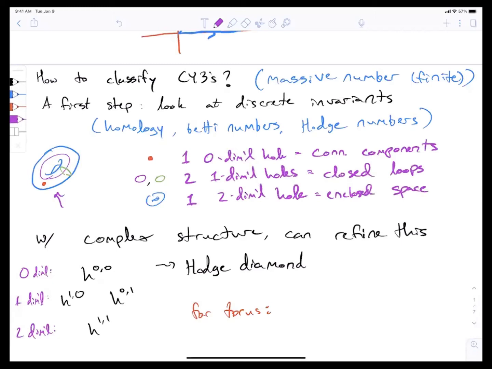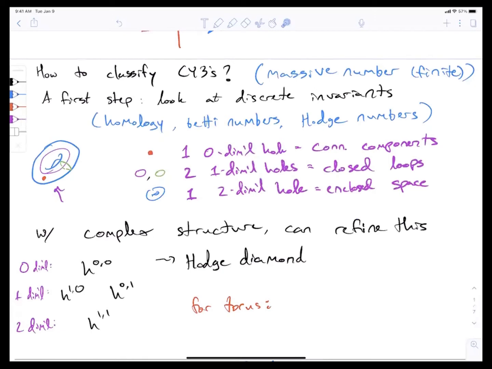Okay, and so I've got these numbers, 1, 2, 1, which is telling me something about the shape of my space. I'm gonna refine this, make it just a little more fancy, using the complex structure. So if you take into account the fact that this torus is a complex manifold, you can group these numbers in a fancier way, and this is called Hodge numbers, but it doesn't matter too much. Basically, the zero-dimensional holes are these, two-dimensional holes are these, and I'm going to group the two one-dimensional holes in a specific way, and I get this diamond where